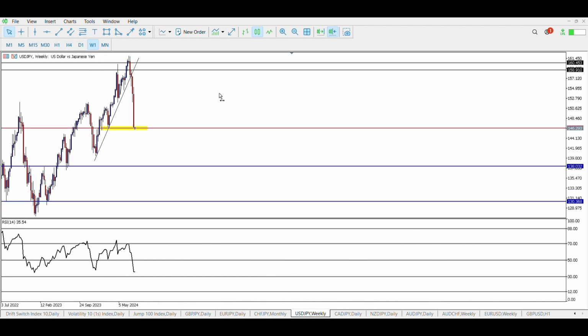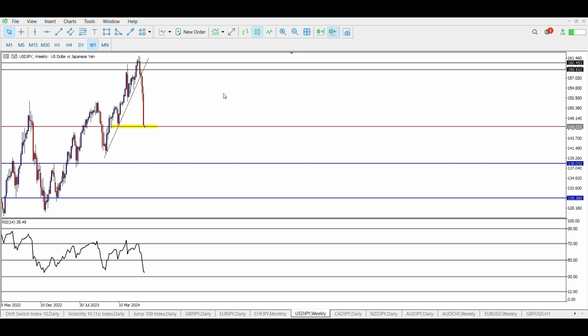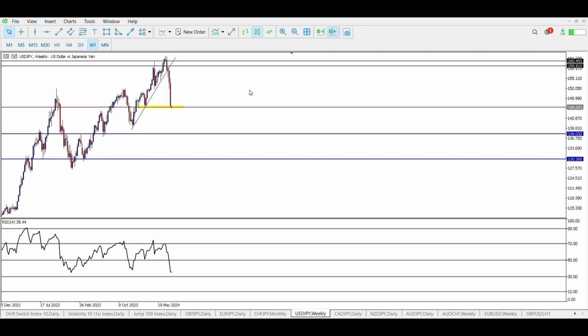So with USDJPY currently on the weekly time frame, we are observing a strong sell-off. We have a strong sell-off here, and this has actually been going on for 4 weeks straight. Week 1, week 2, week 3, week 4. So in the previous 4 weeks we've had a strong sell-off on the weekly chart, and if you look at the monthly,